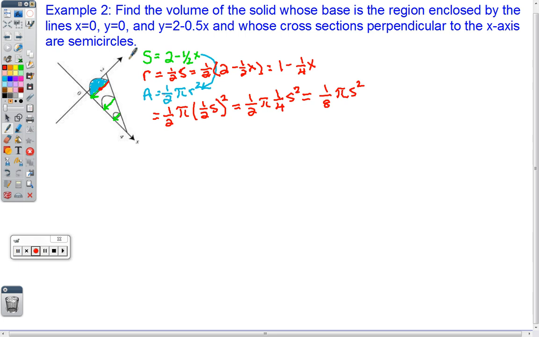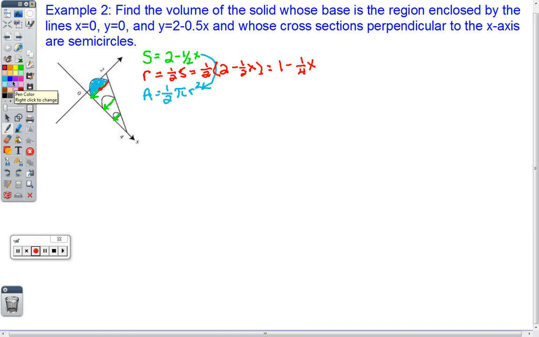This problem tends to come up a lot, so just be forewarned, either semicircles or full circles, that there's nothing wrong with doing this. I choose not to, but I just want to forewarn you that this is an option you can choose. Since I have chosen not to do that, I'm going to come back to here and say